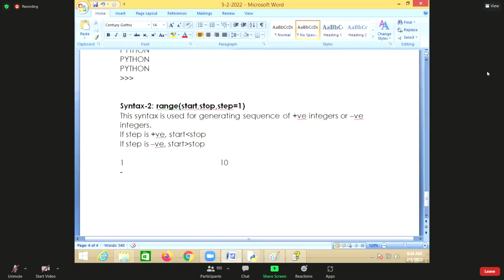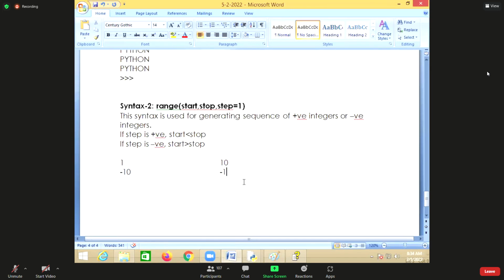For example, I want to generate from minus 10 to minus 1. Minus 10 is less than minus 1, yes. Then step should be positive or negative? Positive. So minus 10 plus 1 is minus 9, plus 1 is minus 8, like that.